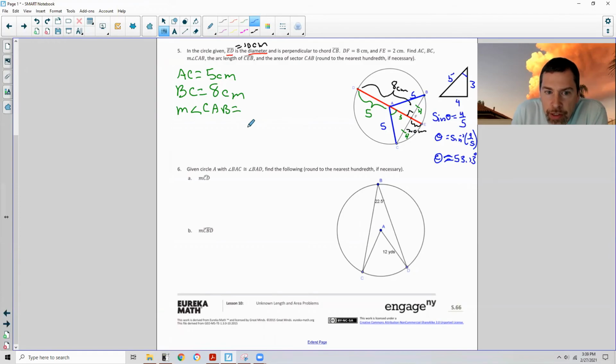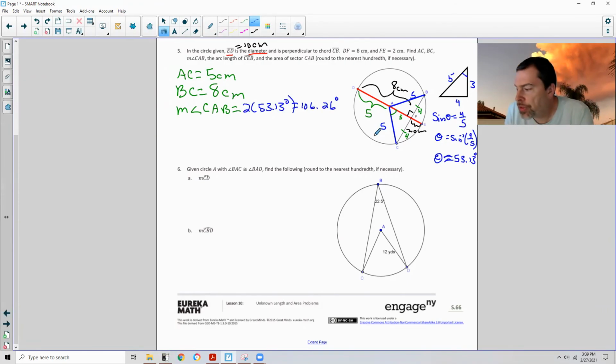That's half of it. So that equals 2 times 53.13 degrees, or that would be 106.26 degrees. Okay. Does it say to find anything else? The arc length of angle CEB. So arc length is right here. Okay. So arc length